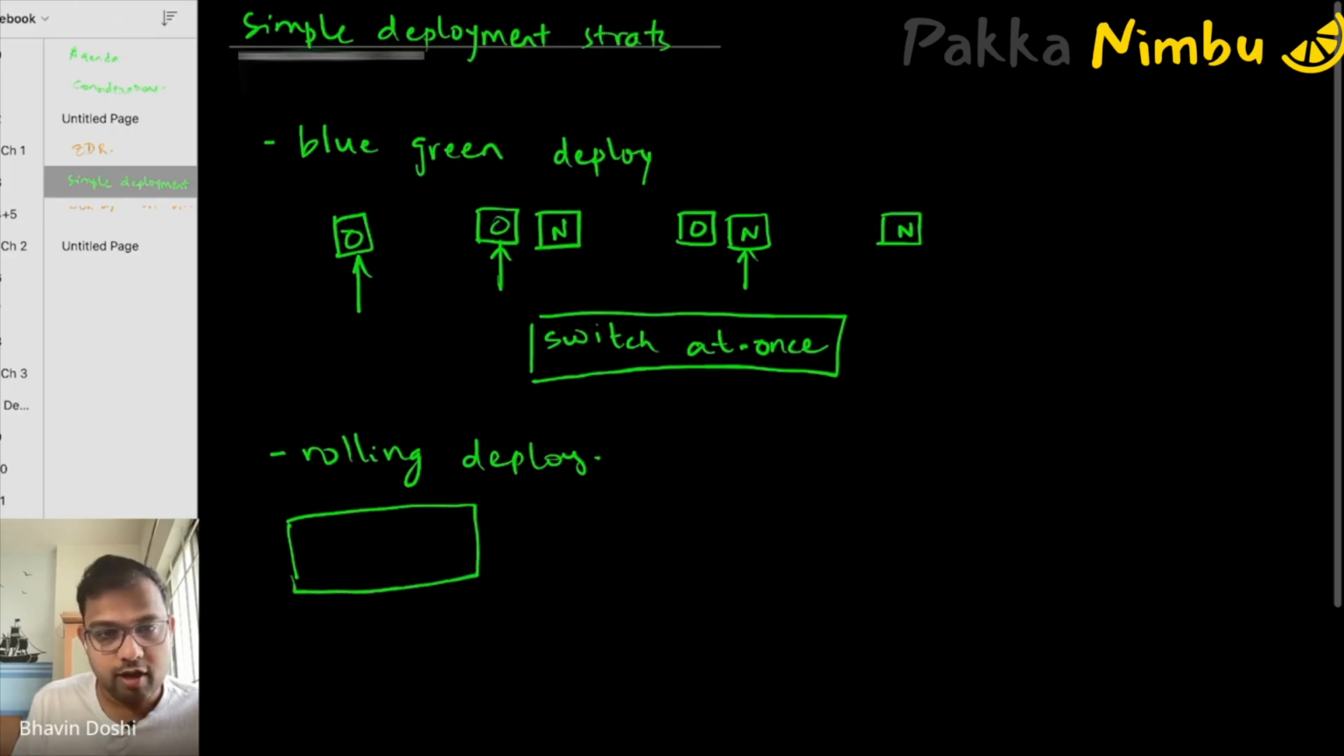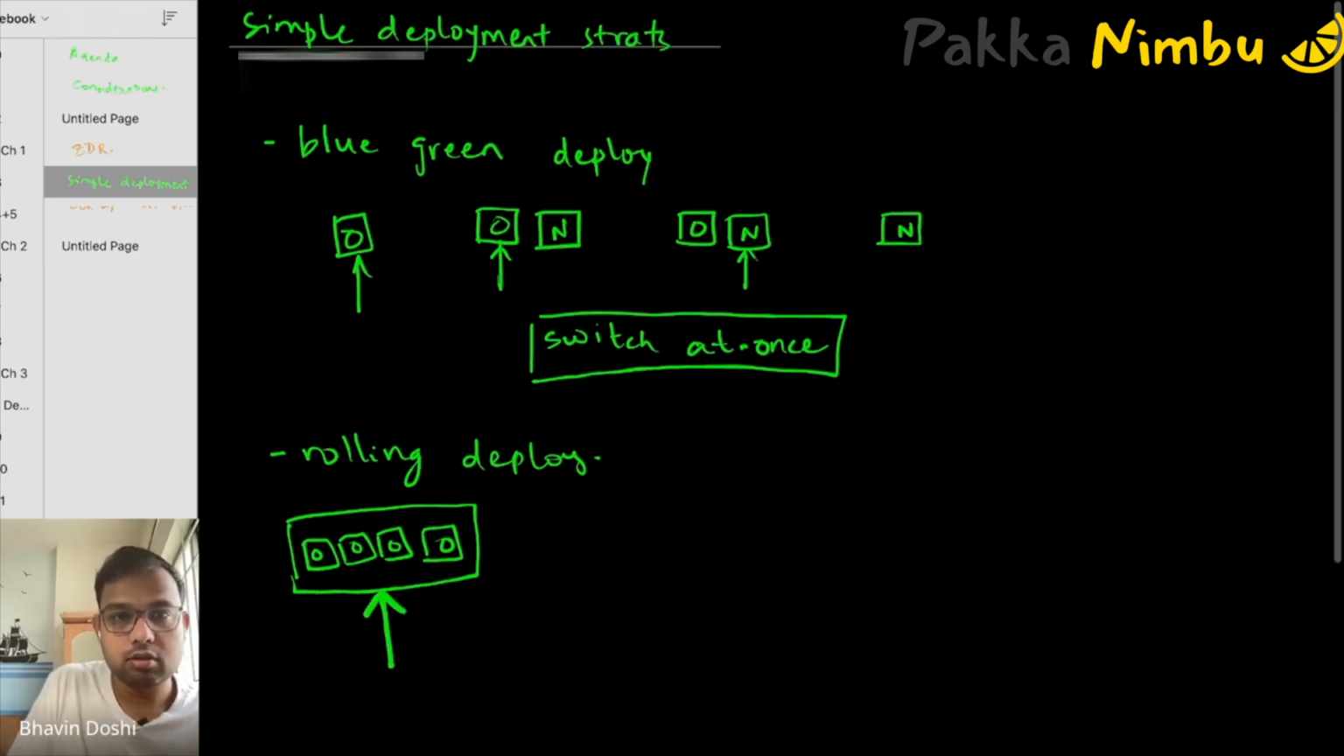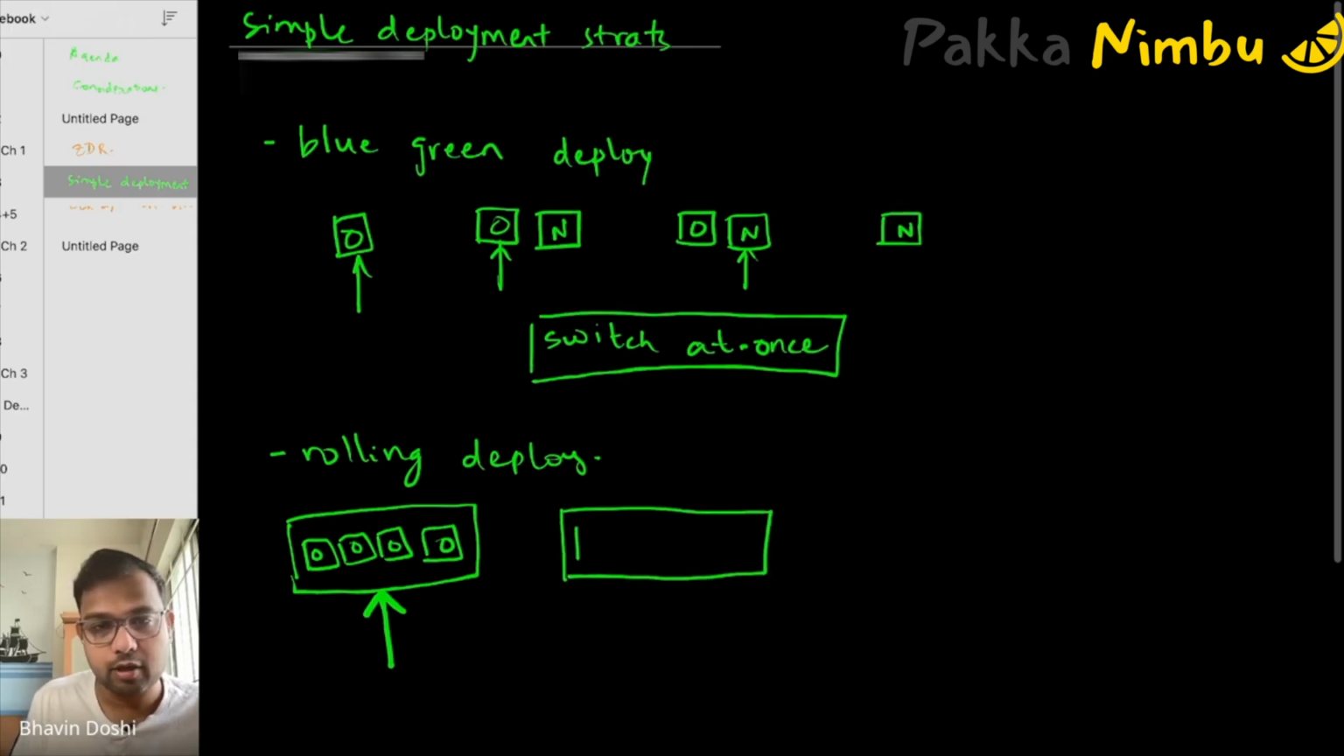So if you have something like this, and a lot of traffic is coming, then the next step, you basically bring up two more, and these are new. So the four old are there. There are two new, and you bring them up, and some traffic,